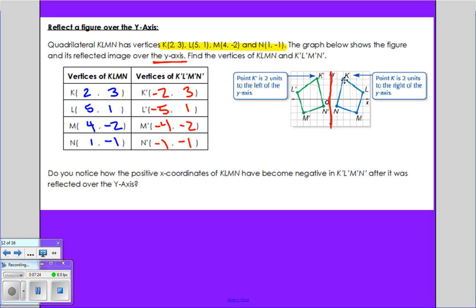Now sometimes these figures will come over the top of the y-axis, and then it gets confusing. So that's why it's good to know how to figure out what your coordinates are going to be before you draw the figure. Okay, so